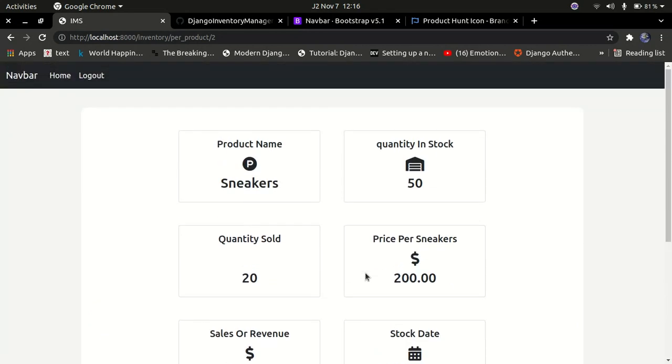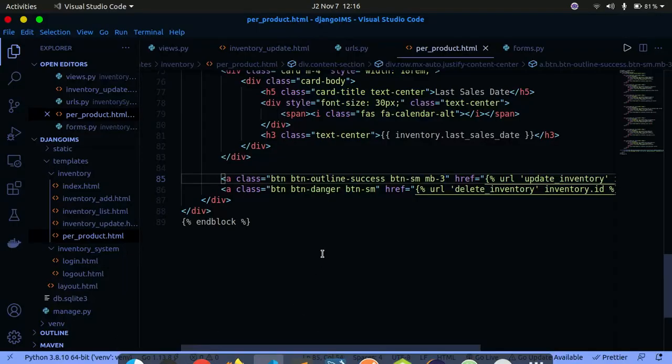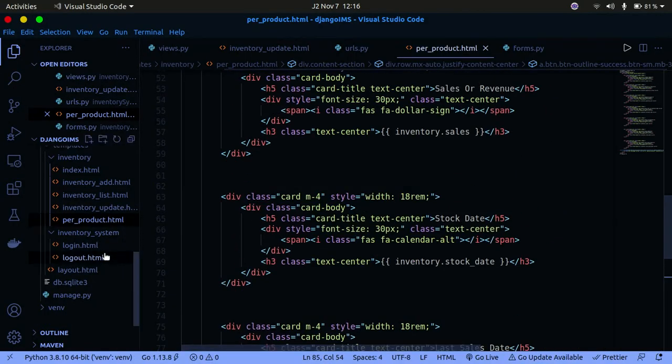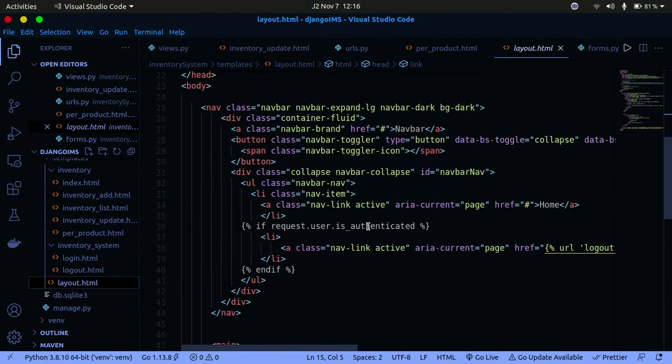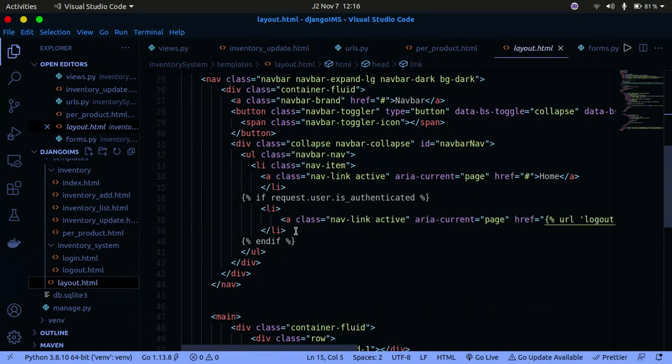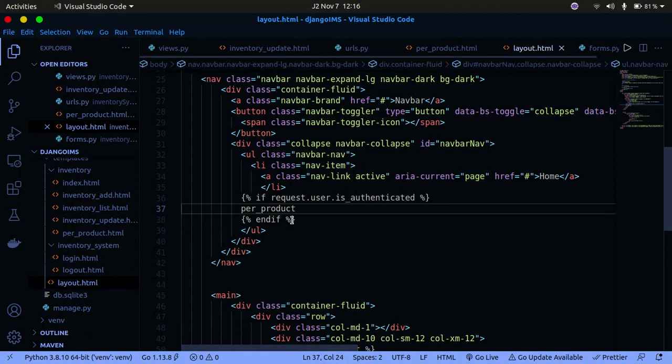In the next tutorial, you're going to add in the different graphs and other stuff, and then we can go ahead and actually add in these links here. So let's do that before we end this tutorial. I'm going to go to layout.html, and in here we say if the user is authenticated, and if that's true, what you're going to do